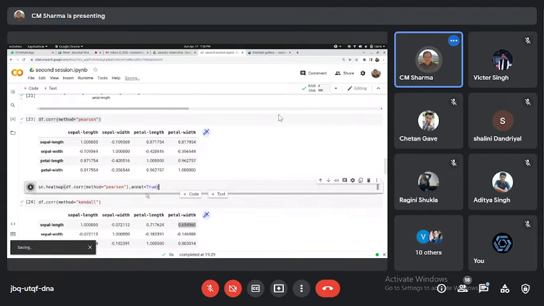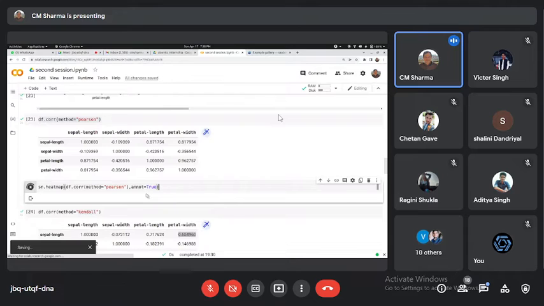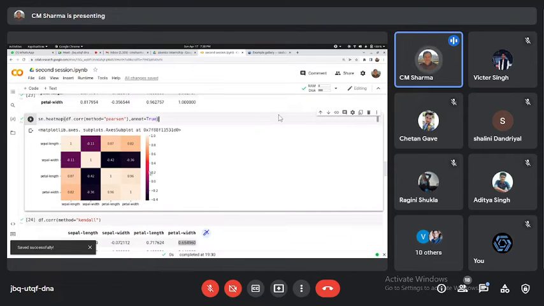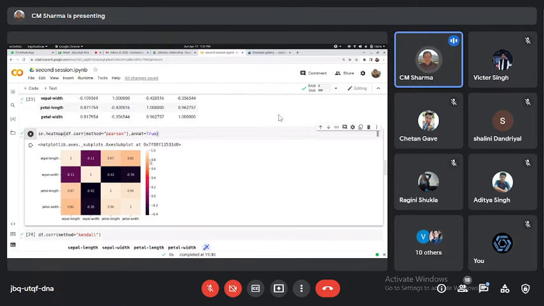Right. So if you just execute it this way, then you'll see this beautiful representation, and it is represented in a more visually appealing way. And it has been represented with this scale, and where there is more positive correlation, then you can see that